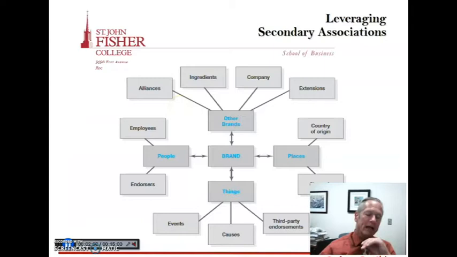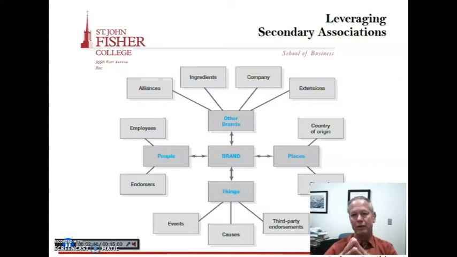So here's a chart. It's pretty complex, and I'm not going to go over this chart, but here's a pretty chart that talks about leveraging not only your brand, but secondary brands out there, even competitive brands. Hyundai does a great job of leveraging a competitive brand because Hyundai is always comparing themselves to Lexus. They're saying we have the same features and benefits of Lexus, yet we're $30,000 to $40,000 lower than Lexus. So they're leveraging secondary associations, even if it's a competitive brand, and they're doing it very successfully.